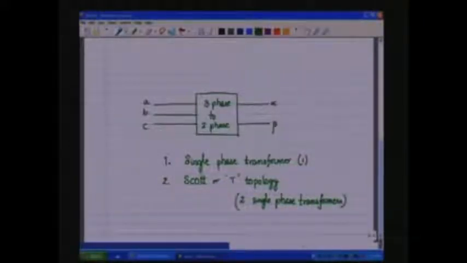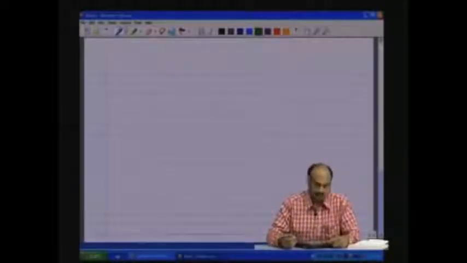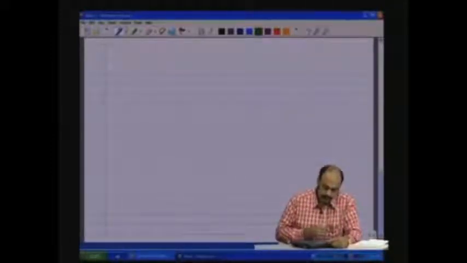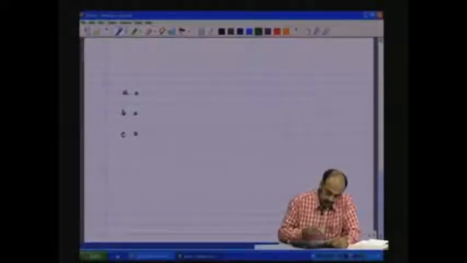Two single phase transformers are required. Let us have a brief discussion on these 2 topologies before going on to the next topic, because they are interesting, and it can have some interesting and ingenious applications. So, let us start with the fact that 3 phases are available to us, lines A, B and C. These are available to us,